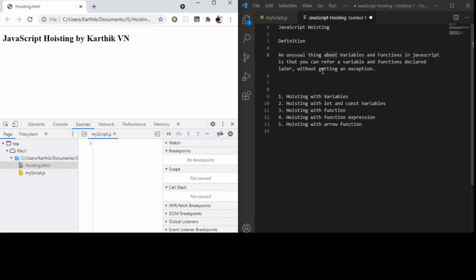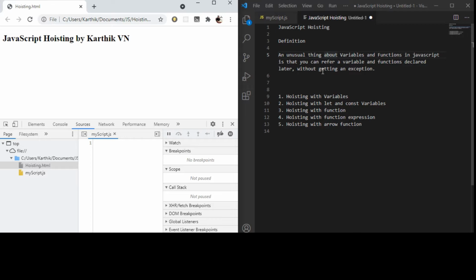Today we are going to discuss the topic hoisting in JavaScript. All of us know that it's a common entry question for front-end developers. The agenda of the video is to explain how the JavaScript engine works with hoisting. At the end of the video, I hope everyone will have a good understanding of hoisting.